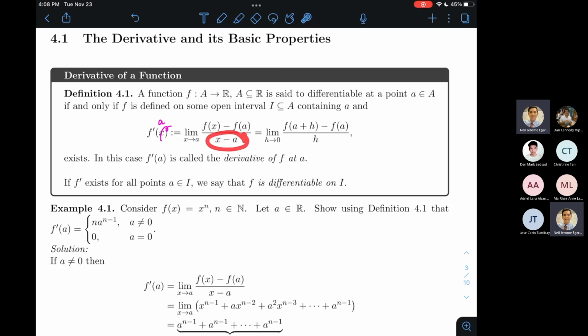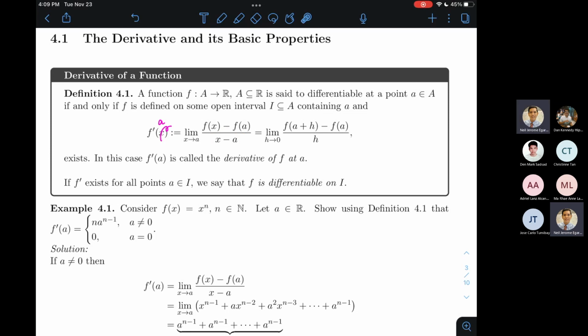So in short, as the denominator goes to 0. Or if you want to use the other version, you can use an increment on the argument of f. So you can take it as the limit of f of a plus h minus f of a all over h as h approaches 0. But in either case, ang tinitingnan natin yung behavior habang yung mga x's palapit ng palapit kay a. Alright? So titingnan natin ano yung ratio o ano yung limit ng ratio ng difference between function values divided by the difference between the x values.